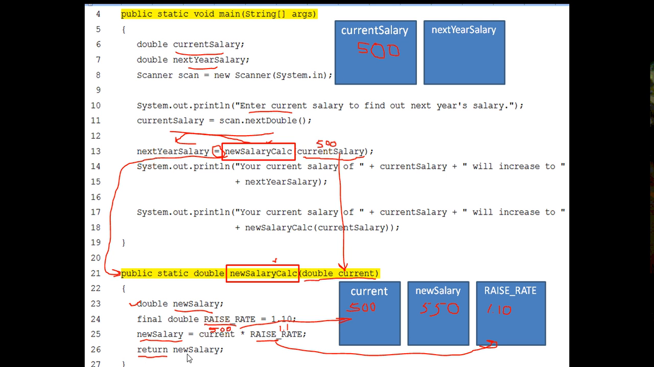Alright, this is a return statement, and the return statement ends the method. There cannot be any more lines of code in this method following the return statement. So this is called a return statement. And it's going to call the value of the new salary, which is $550. And so it's going to return $550 back to the